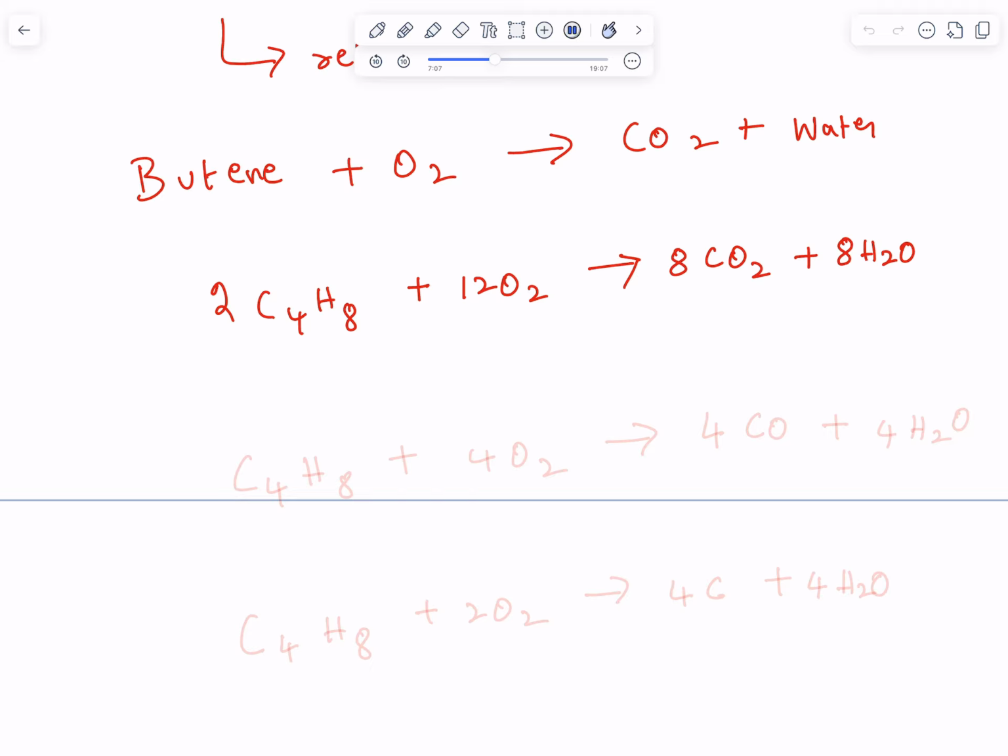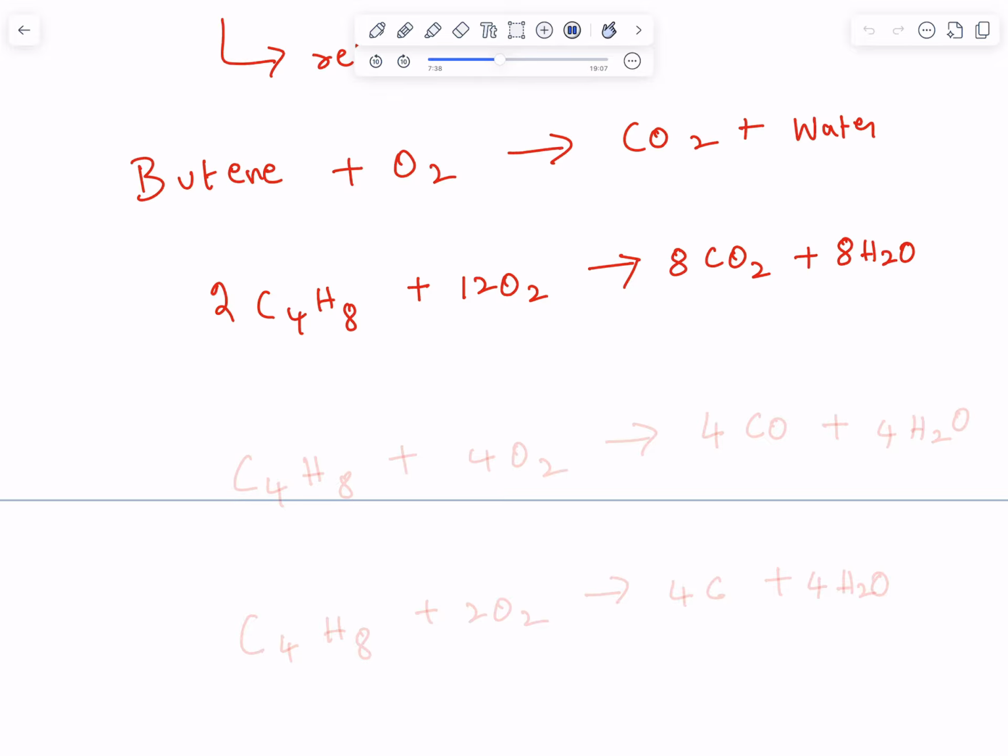Now, let's talk about addition reactions here. Meanwhile, I'm pausing so that you can quickly go through in your mind what I said about combustion of alkenes. One more point I want to add before we move on to addition reactions is sometimes there's